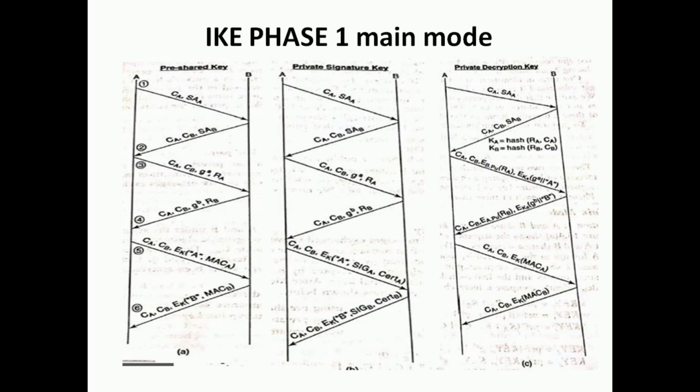In message 5 and 6, each side transmits a MAC. A MAC key is key A, which in turn is a function of the two nonces RA and RB. If A or B were unable to decrypt the nonce generated by the other side, then they would not be able to compute the correct MAC.